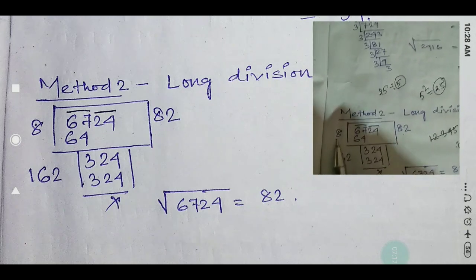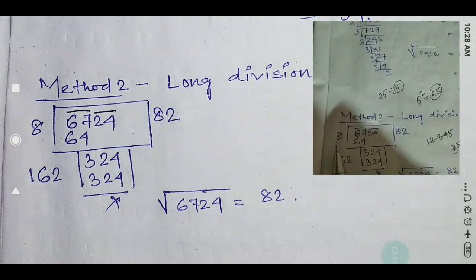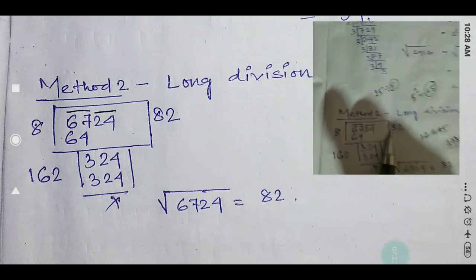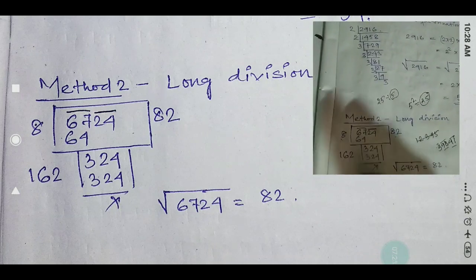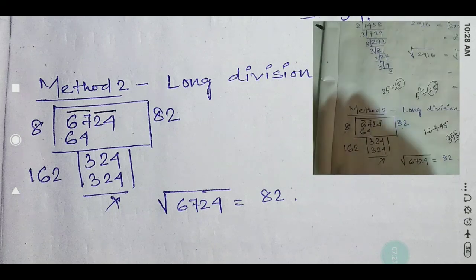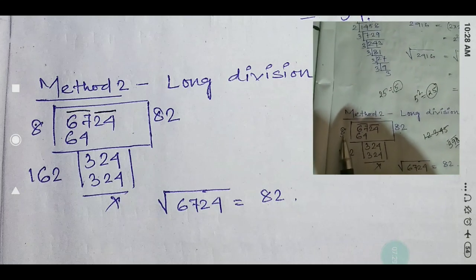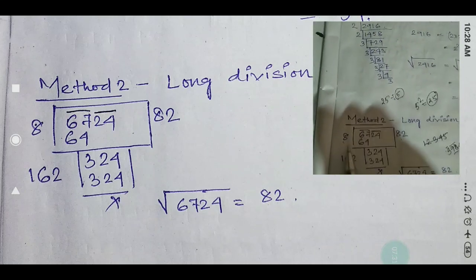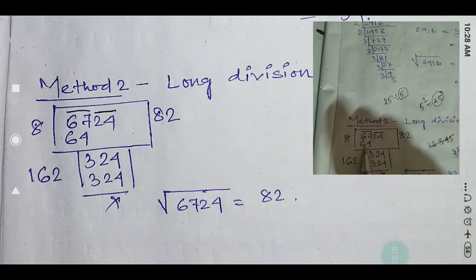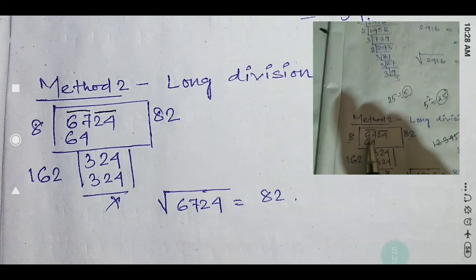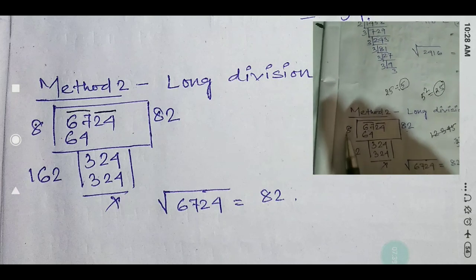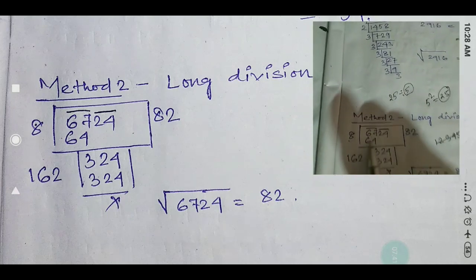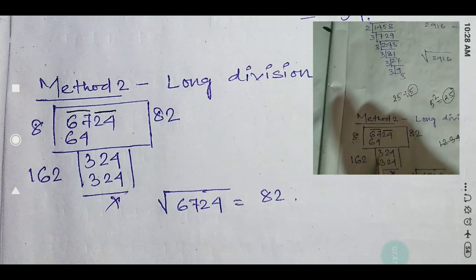Okay, because we are finding a square root. So see, here 67 is there. If I take 7, here also I have to take 7. So 7 sevens are 49, but we need 67. So let's try one bigger number. So I have taken 8. 8 eights are 64. If I take 9, 9 nines are 81. It is more than 67. So I have to take 8. 8 eights are 64, and 67 minus 64 will be 3.